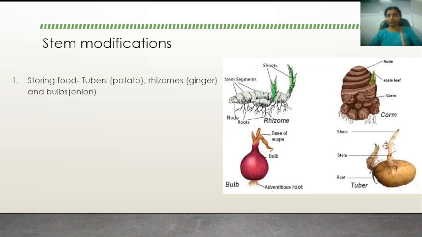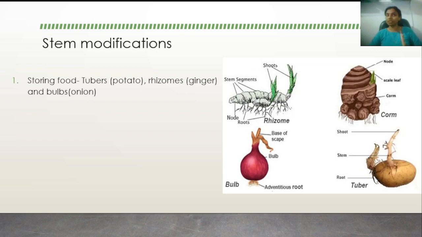On the potato, you can see certain eyes and buds which, if you cut out and sow in the soil, will grow into another potato plant. Each eye or bud can grow into another potato plant. As we have just learned about the structure of the stem, can you guess what these eyes or buds really are? Yes, they are actually the nodes of the stem, right? And that is why they are capable of producing new branches and small roots from those eyes and buds when the conditions are right.